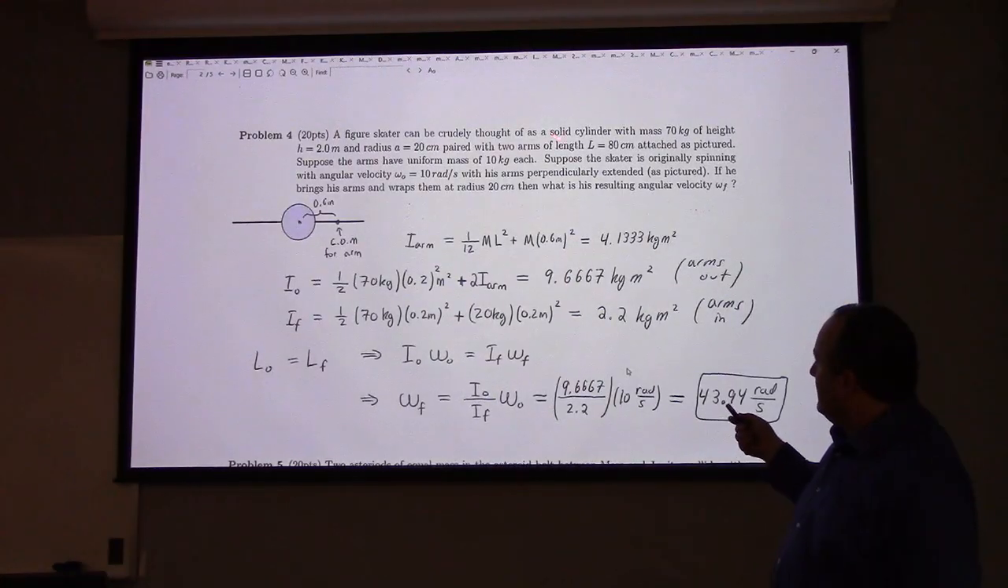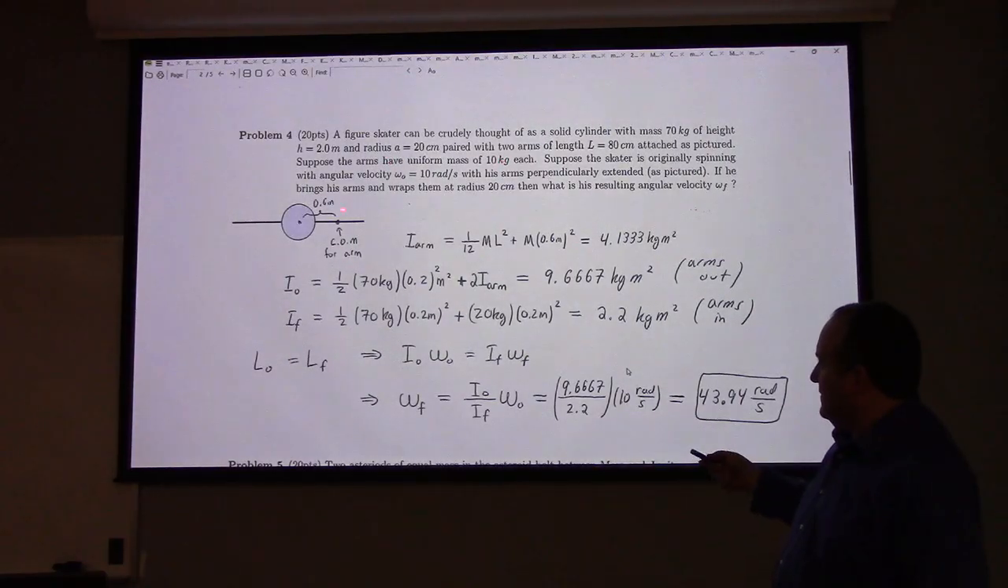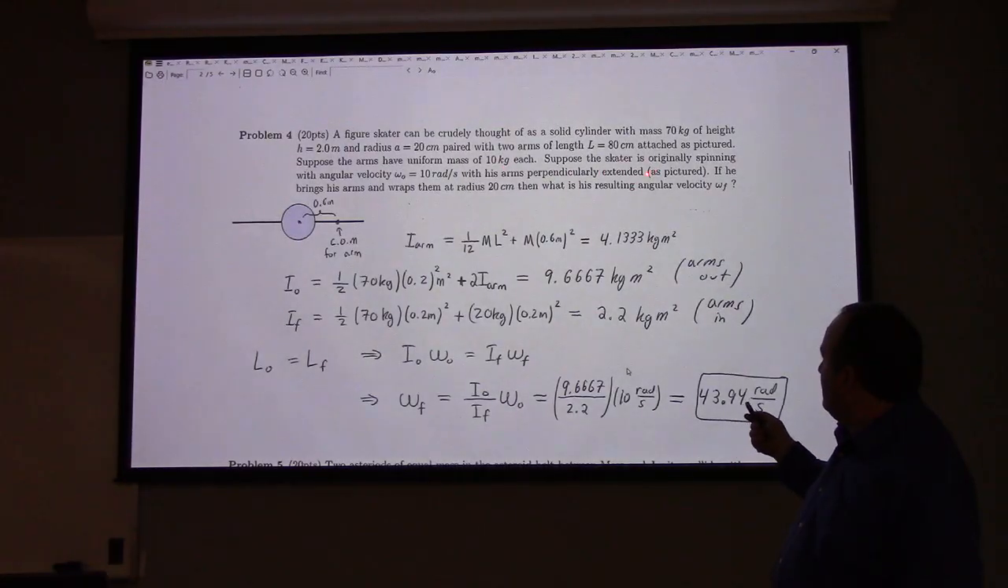Figure skater, crudely thought of as a solid cylinder, mass 70 kilograms, height of 2 meters, radius 20 centimeters. That's this part. And then the arms have a uniform mass of 10 kilograms each. So I'm saying this is 10 kilograms, that's 10 kilograms, perpendicularly extended in pictures. If he brings his arms in and wraps them at radius 20 centimeters, what's the resulting angular